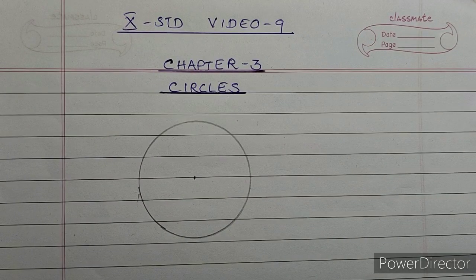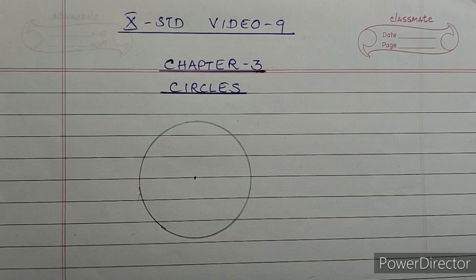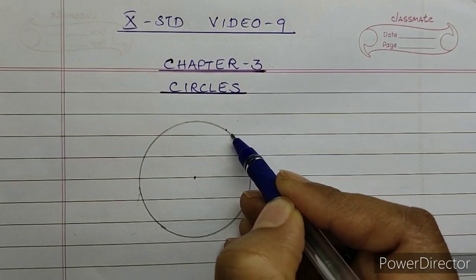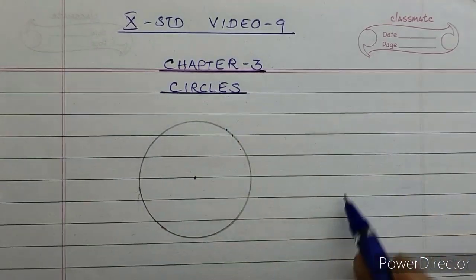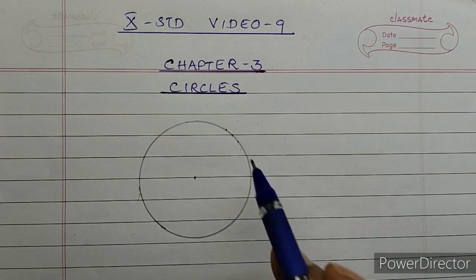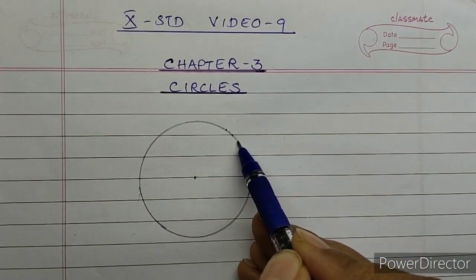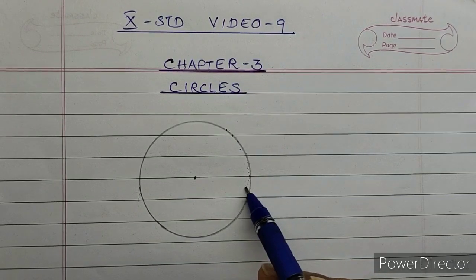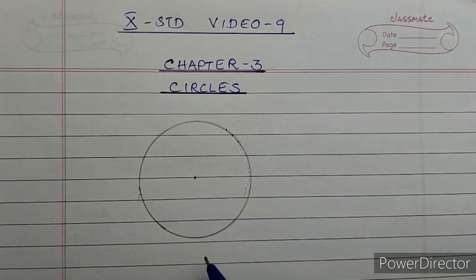So what is a circle? What is the definition of a circle? Do you remember? Yes, you have learned already in the earlier classes. Circle is a collection of all points in a plane. See here, plane means what? The surface is called plane. So each and every point, here you can see so many points together will make the circle.